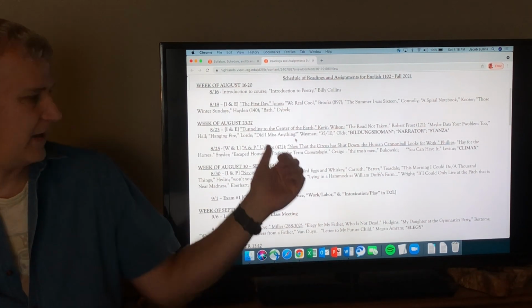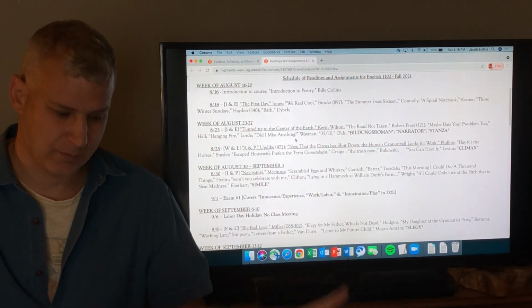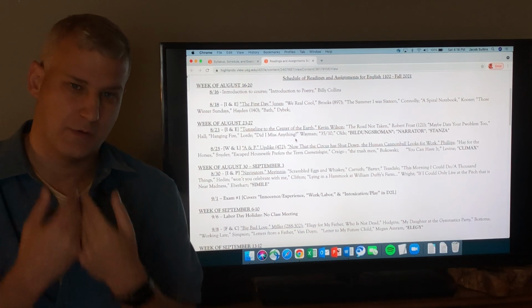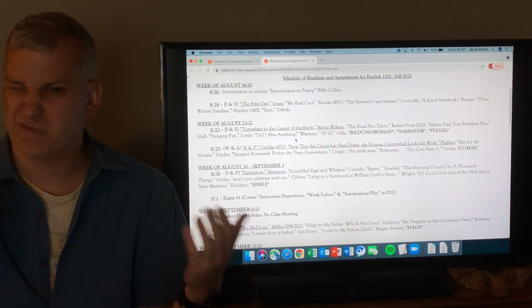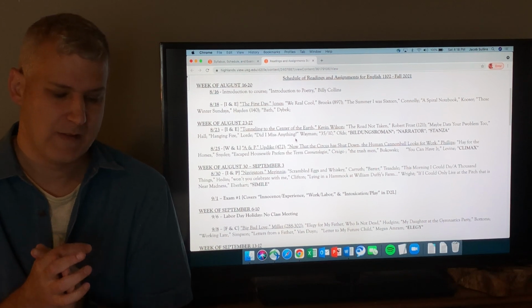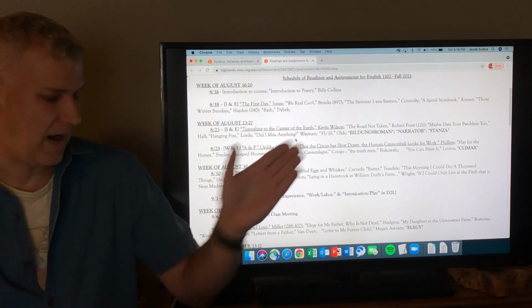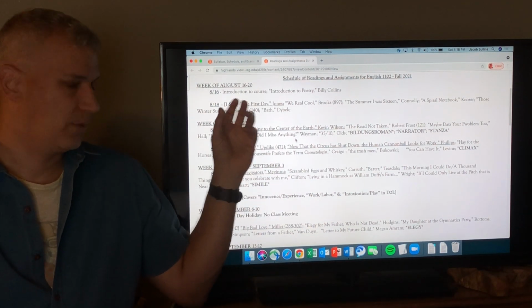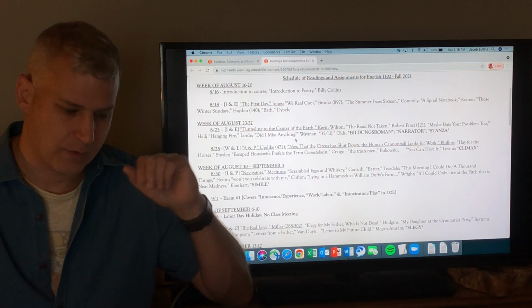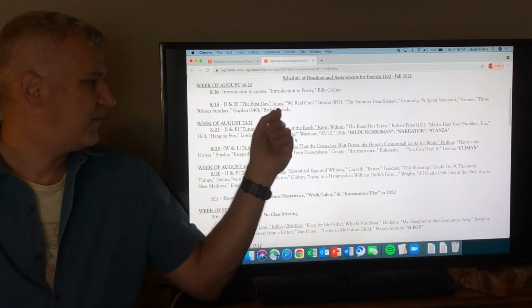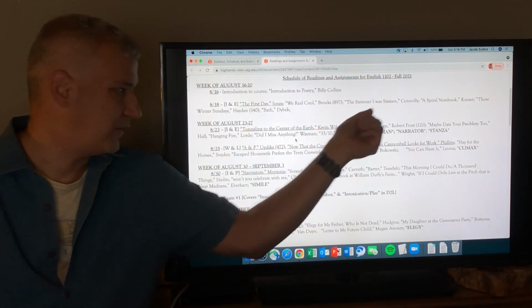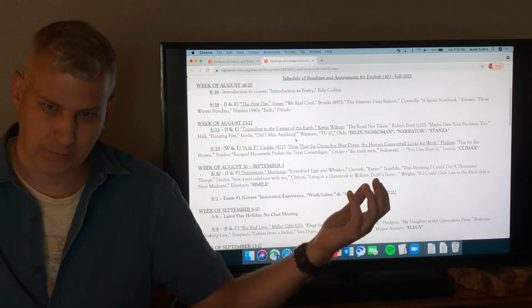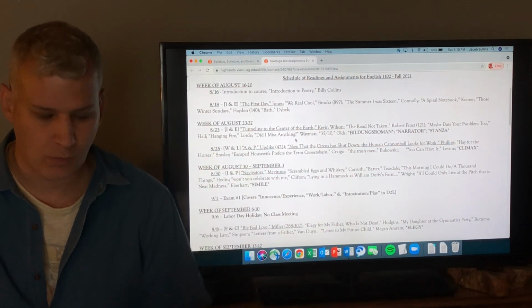The only exception to that is there are 2 work stories. One of them is really short. But the way most days are set up is there's one story and then roughly a handful, 5 poems. The poems are set on the schedule after each thing. For example, the first day, the 18th, you'll read The First Day by Edward P. Jones, a really short story about a little girl's first day of school, and then 5 poems. We Real Cool, The Summer I Was 16, A Spiral Notebook, Those Winter Sundays, and Back by Stuart Dybek. So you've got a story, 5 poems, you just roll through them.